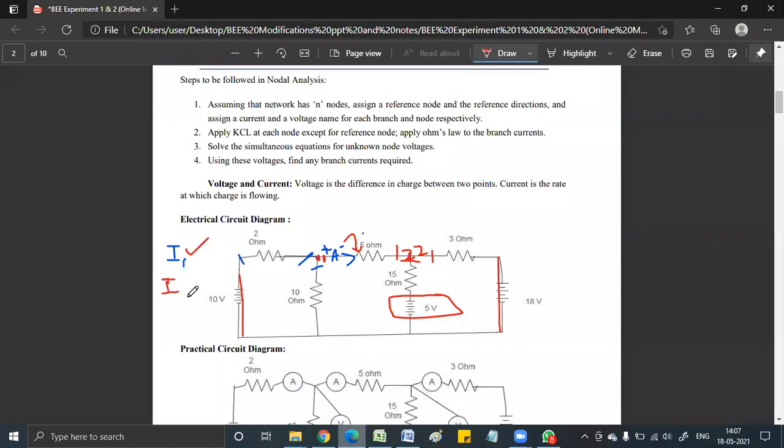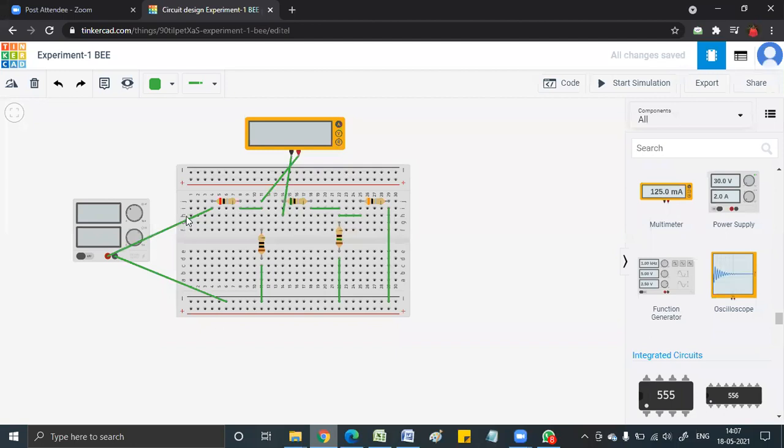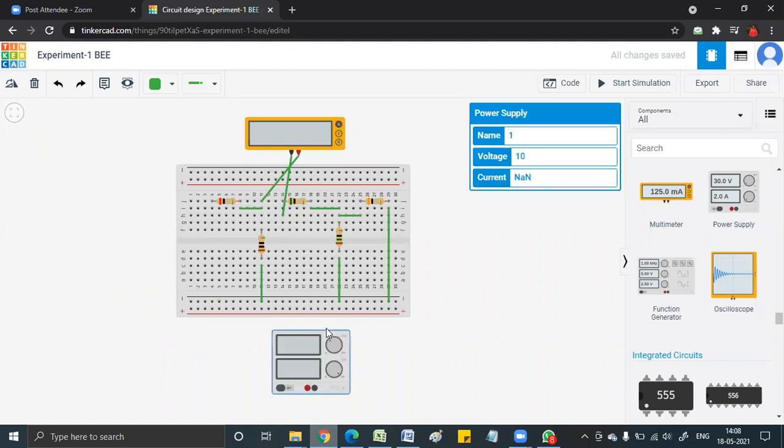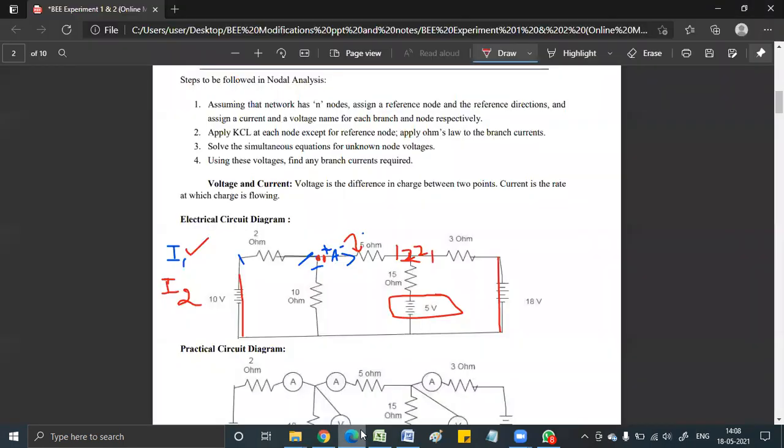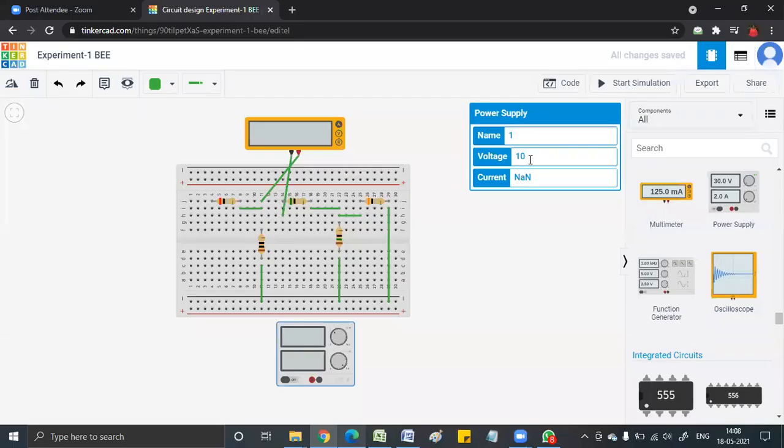So what will be the changes in our connection on Tinkercad? See, still we require only one supply only. But the thing is now the location of that supply is different. So what I'll do is I'll just delete these wires. Okay. And this supply, I'll just bring it down over here. What is the value of this supply now? 5 volt. Perfect. Value is 5 volts. So this is 5 volts. We'll look at the connection.